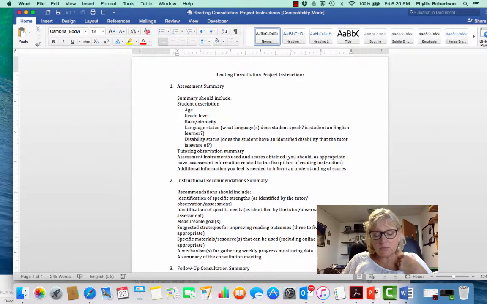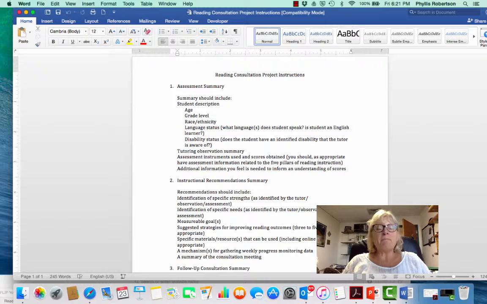Comprehension is a little bit more challenging to assess, particularly for younger students. And so what you may want to do is just ask some questions about whatever passages you're having them read for fluency. You can have them do a story retell, which is where they retell as much of the passage as they can remember, or as much of the passage as they read, usually in just 1 minute.